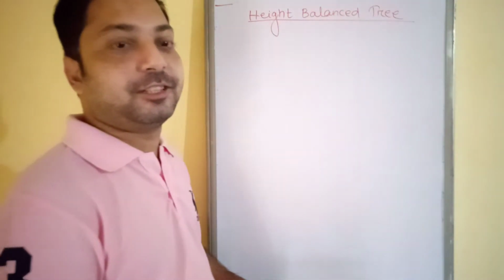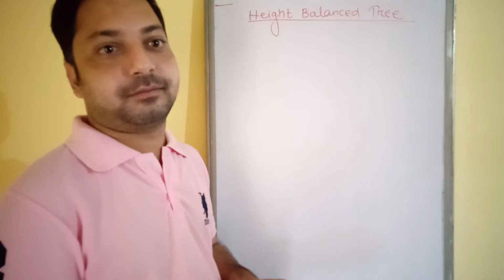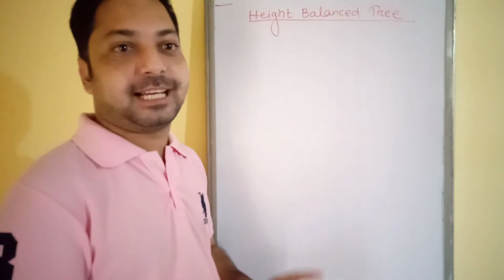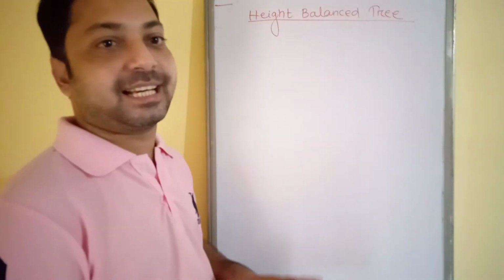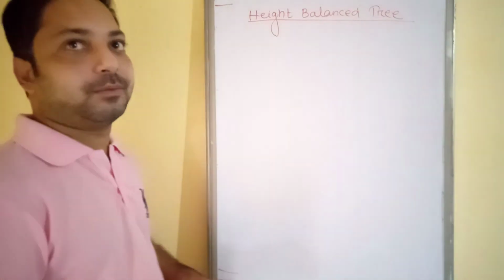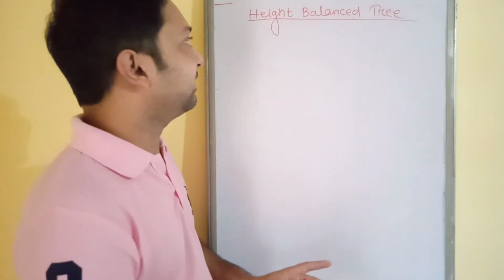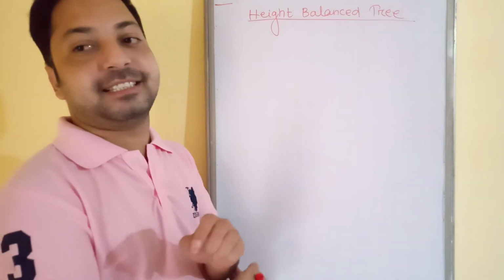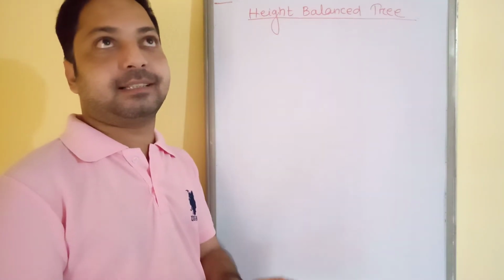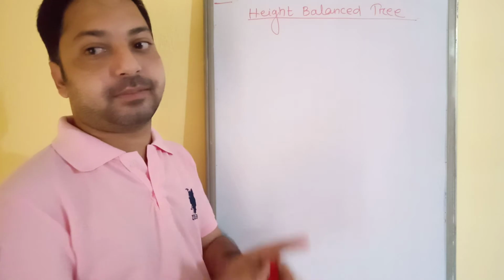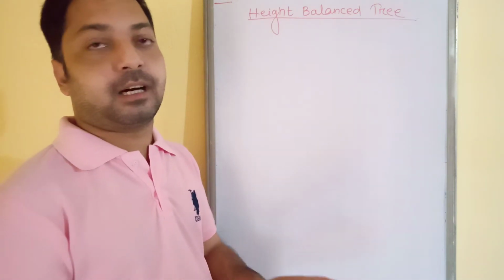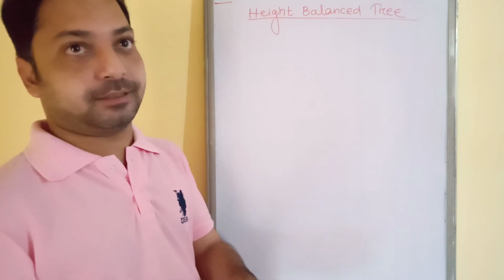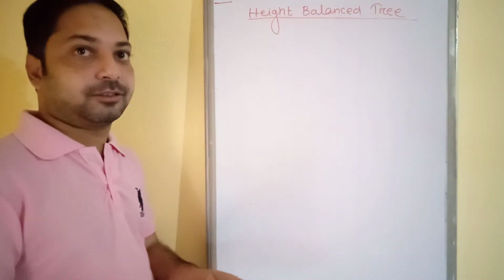So today's video is one of the most important videos for your placement purpose as well as from the competitive point of view, because once you appear for the GATE exam or NET exam, one question must be there, that is the height balanced tree, or the AVL tree. The question will be like that: you need to find the balance factor, or you need to apply some rotation. What type of rotation will be applied? How to solve that type of rotation? So let me try to explain all of those.